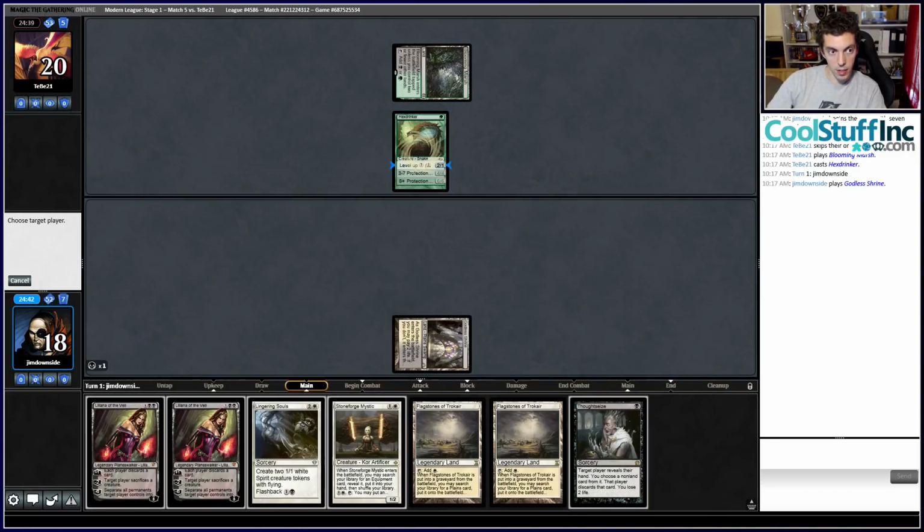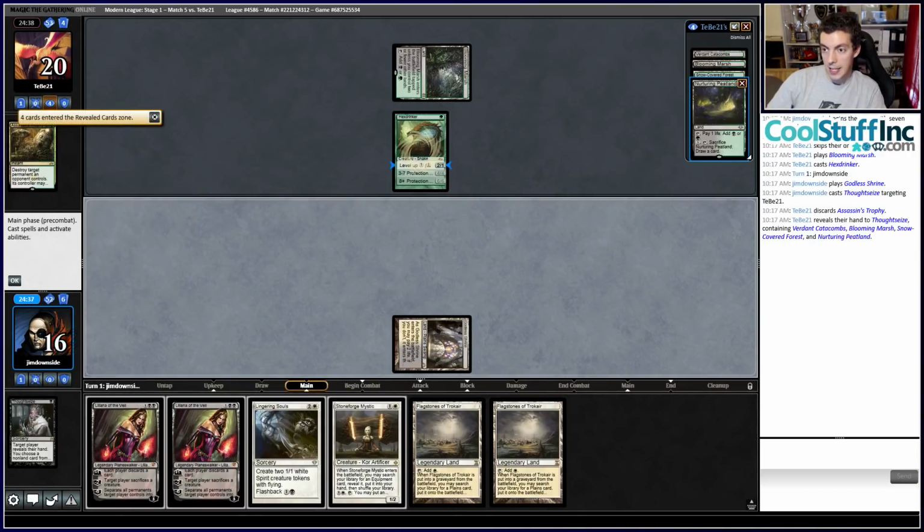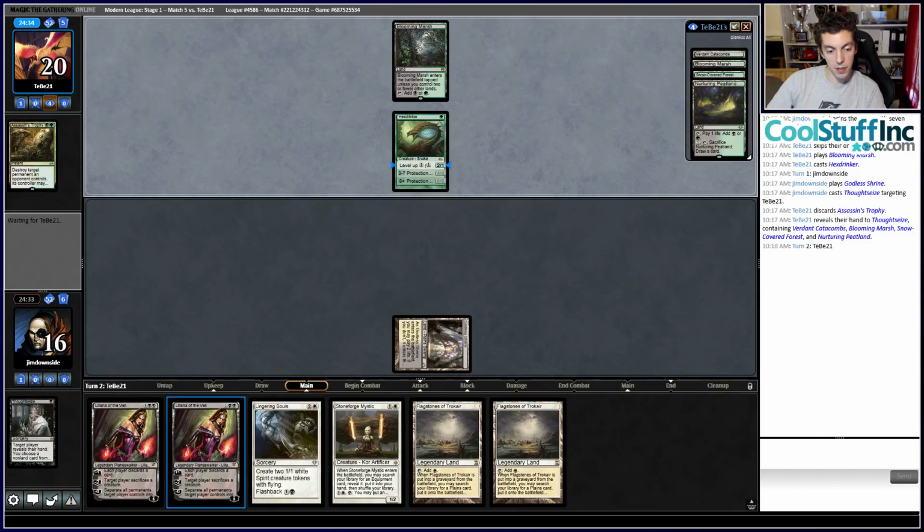Alright, what kind of Hex Drinker deck you working with here? Assassin's Trophy and lands. Eat Land, Forest, Blooming Marsh, Catacombs. A smorgasbord of Golgari lands. And we have an Edict for this Hex Drinker, which is good, so...